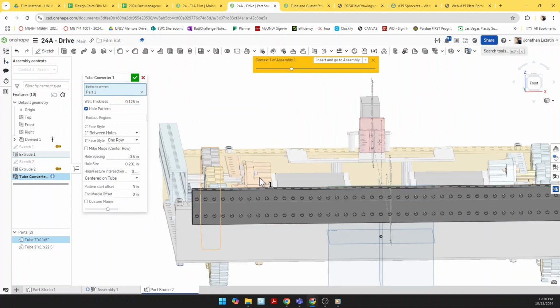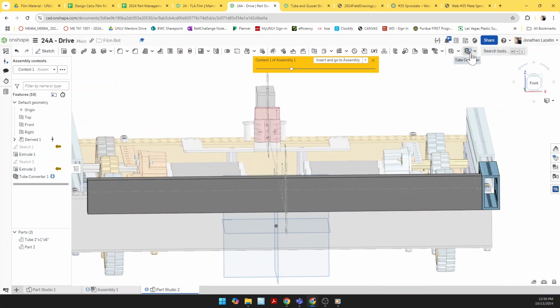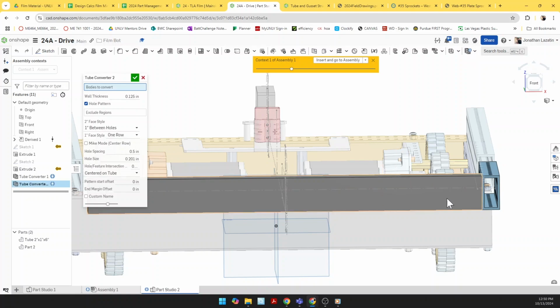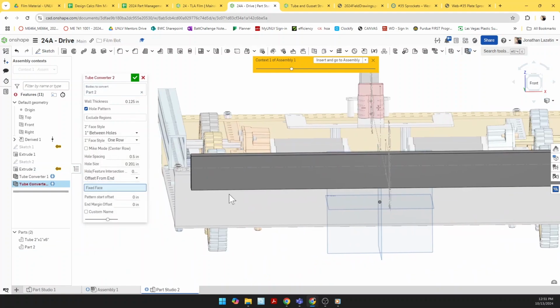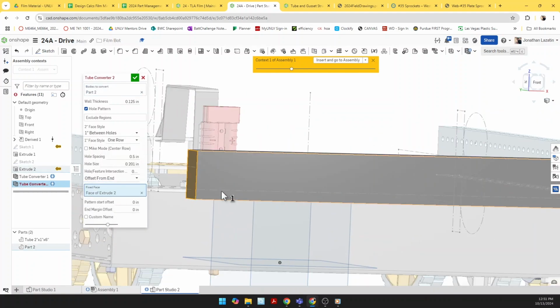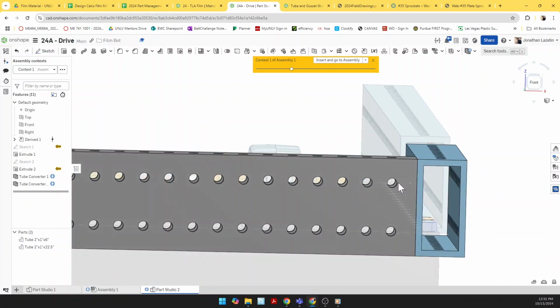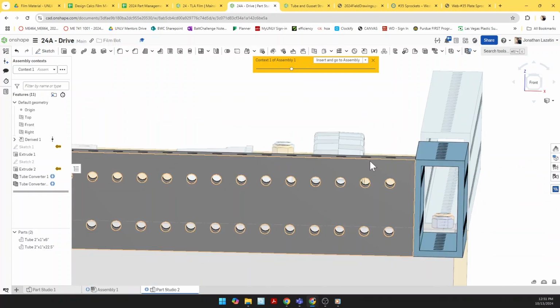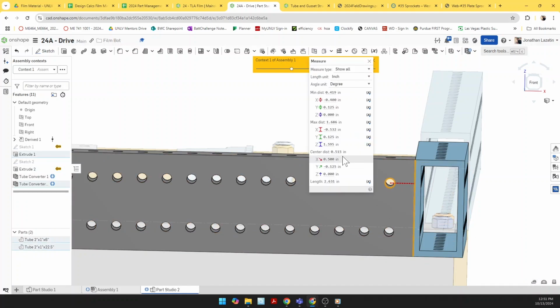So I'm actually going to remove part 2 here so that that tube is not being tube converted yet. I'm going to create a second one. And this time when I create the second one, I'm going to ask it to go from an end, and then I'm going to select the outer face. So it's going to start by going 1/2 inch from this outer face to create the first hole, which will also, because it's still in increments of 0.5, be 1/2 inch from this edge here. So if I go to center distance here,